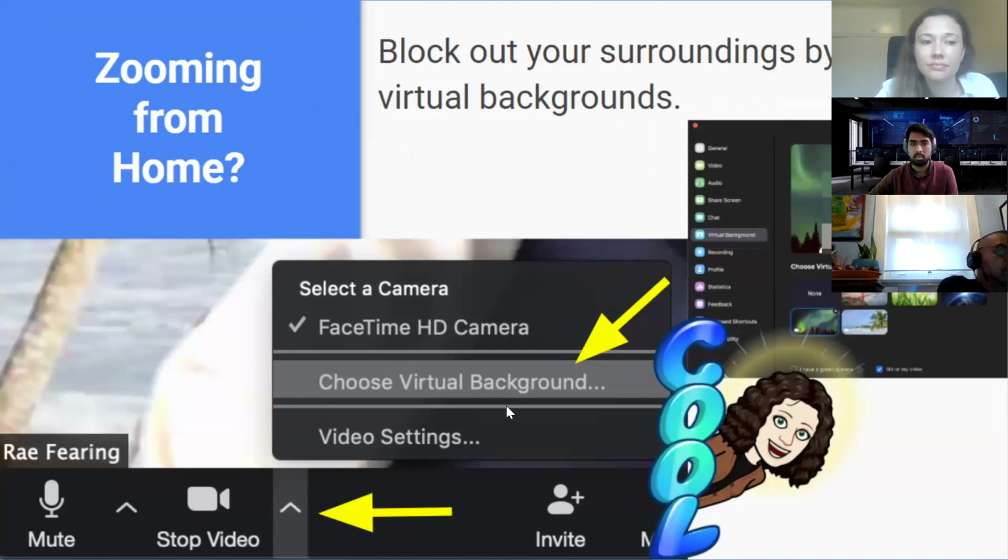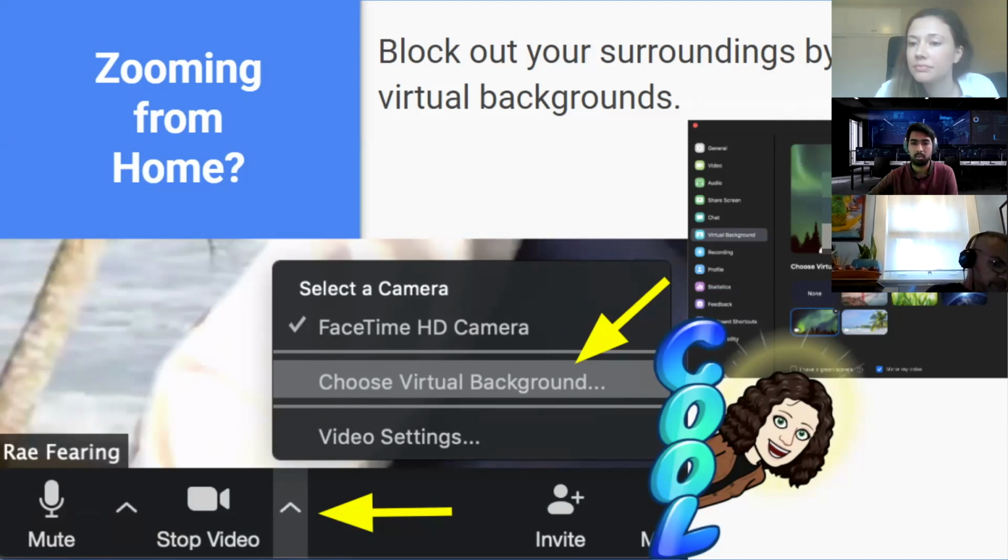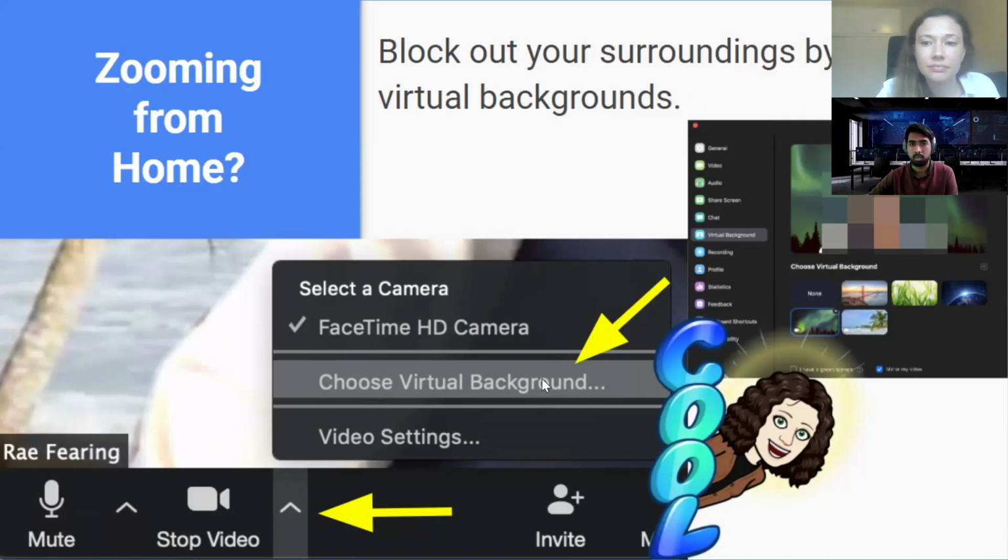And now on how to set up a virtual background. Because of the current situation, since everything is work from home, you can set up different virtual backgrounds, because sometimes whatever is happening in the background might be distracting for ourselves as well as the other people who join the meeting. So basically we can choose a virtual background.